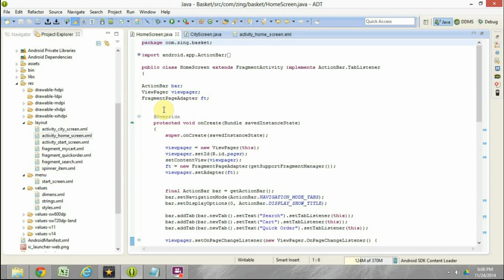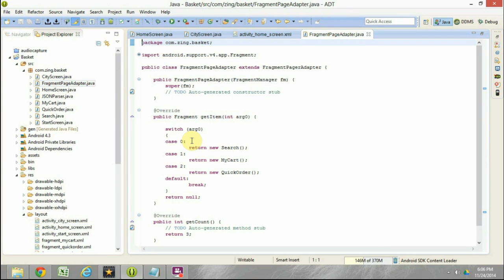Now once this is done, all we have ensured is that a ViewPager is initialized, a ViewPager is visible to the user, and we have also defined that there will be 3 tabs. There is a tab bar on the top, just immediately below the action bar, and the user can navigate either by using the tabs or by doing a left swipe or a right swipe. So this much we have enabled. Now the next thing that we are going to look at is the